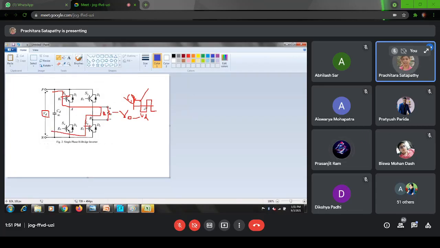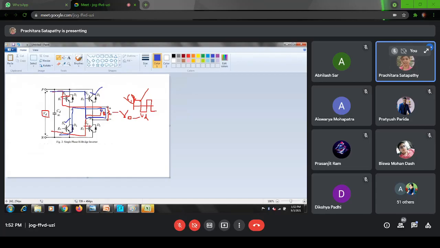First step, done. Second, I want a negative output. So here the current was downward in the previous condition, now it should be upward. Yes or no? So in the next half, S3 and S4 will be on. So how will the current flow? Tell me. It will start again from here, go to S3, then B, then upward, then like this, then S4,